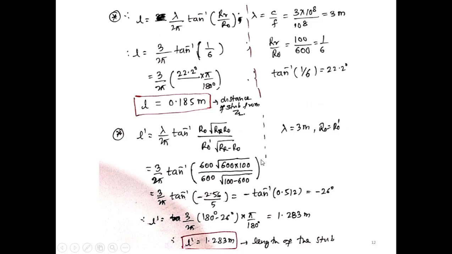In this way, we can make use of stubs for matching the transmission line, with different lengths of the transmission lines, that is lambda by 2 length. You can take L is equal to lambda by 4, L is equal to lambda by 8, and short circuited stub and open circuited